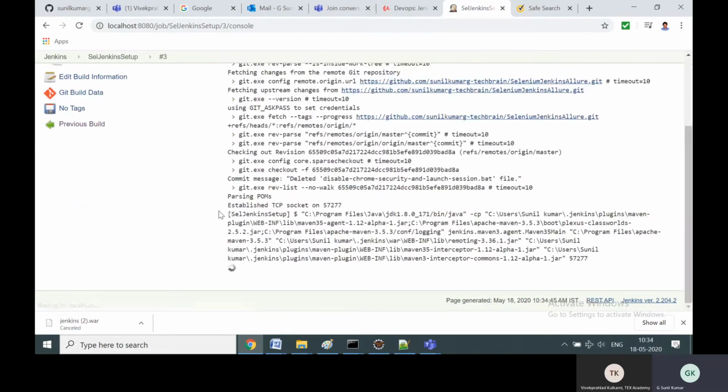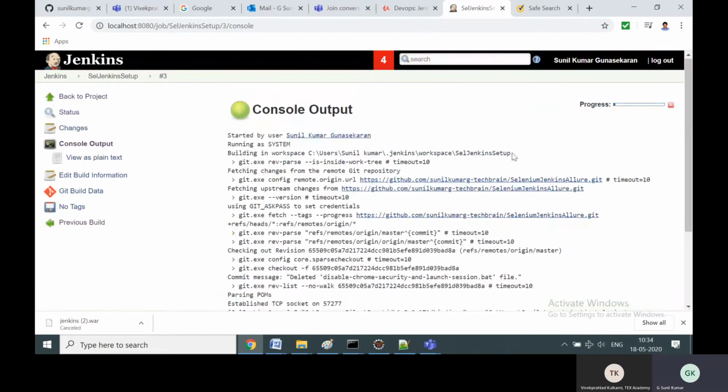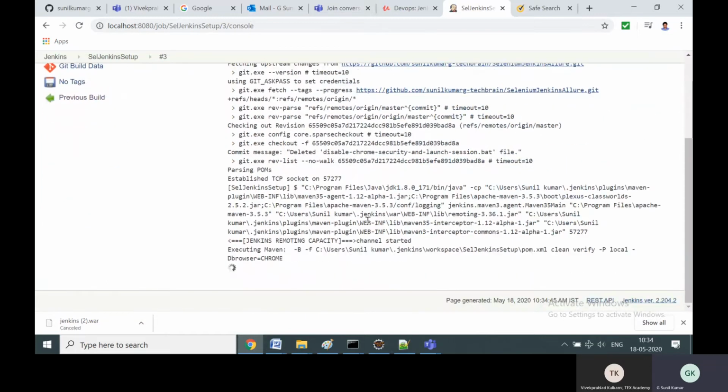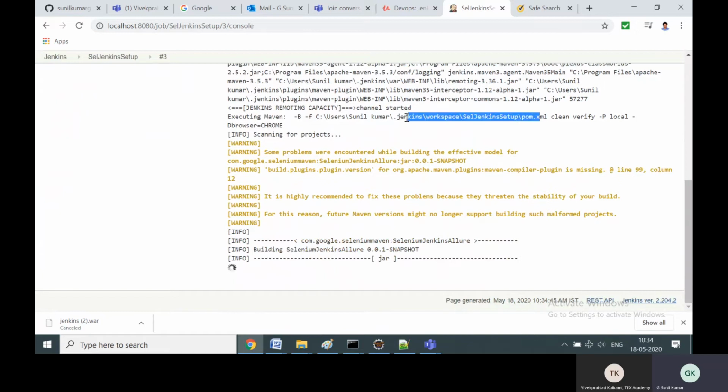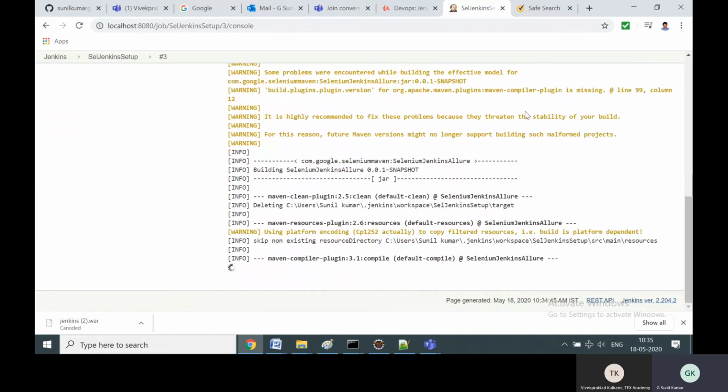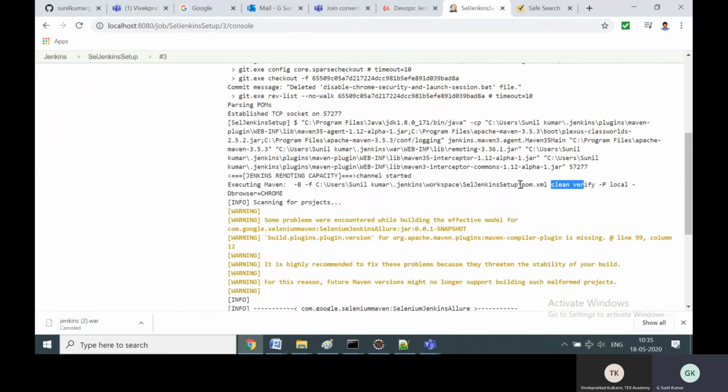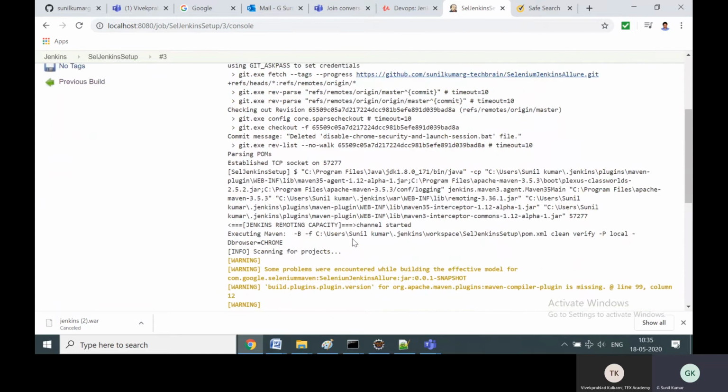You see in the console output, it created a local workspace, Selenium Jenkins setup, and then see, it has executed the command, pom.xml, I have root pom, it has identified, and it is executing the clean verify local profile and Chrome has executed.